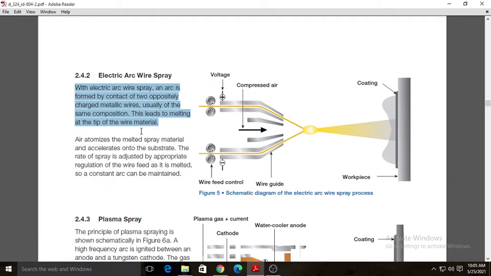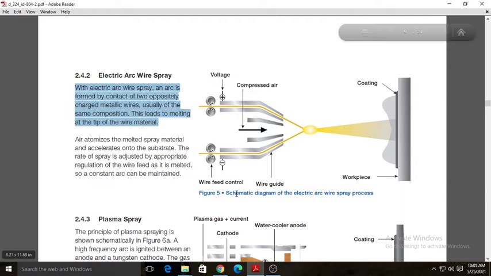This leads to the formation of melting of wire at the tip. Compressed air atomizes the melted spray material and propels it to the substrate, and the coating forms after cooling and solidification. Electric arc wire spray coatings are very cost effective and are typically used to apply materials like pure aluminum and